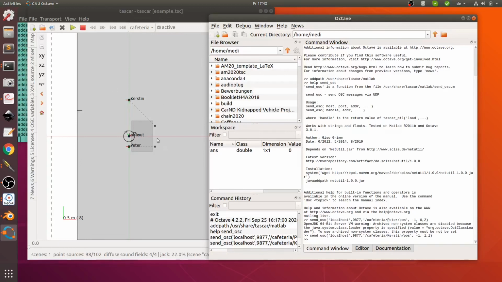So you could see again that this position changed. Yeah, so with this we can influence not only position but also orientation, gain, and many other parameters of our TASCAR scene. Okay, so this was the first tool, and now the second tool, which I want to show you,